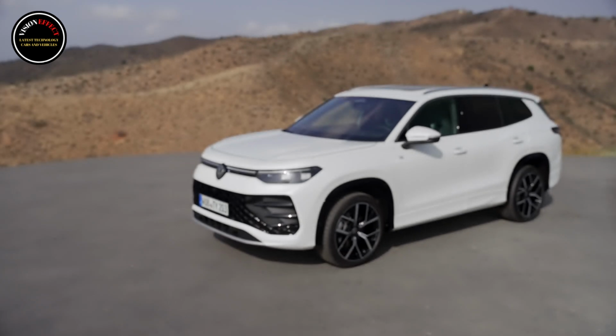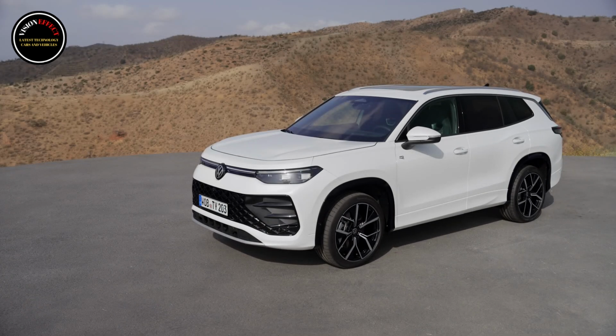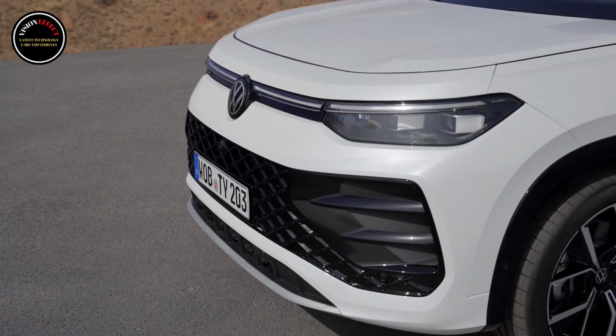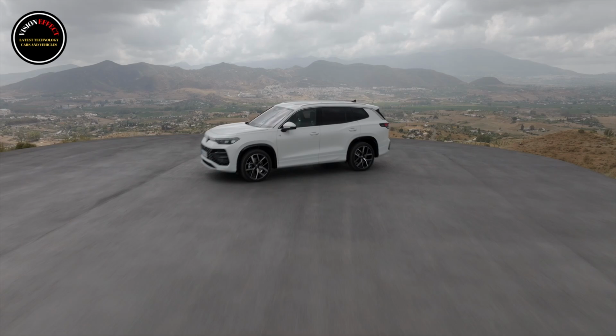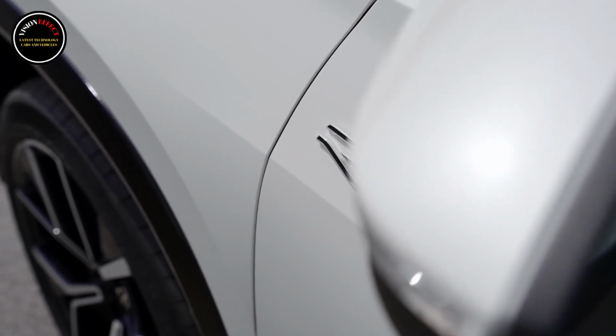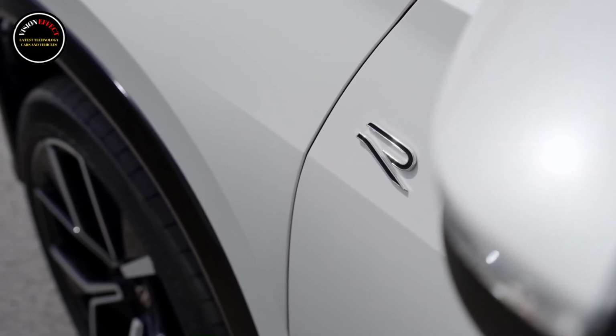Europe's 7-seat Tiguan gets a different name. Tayron isn't a new name in Volkswagen's lineup. It's been around in China since 2018 and is now making its way into the company's European portfolio. Positioned between the Tiguan and the larger, fancier Touareg we don't get in the United States, the new Tayron isn't